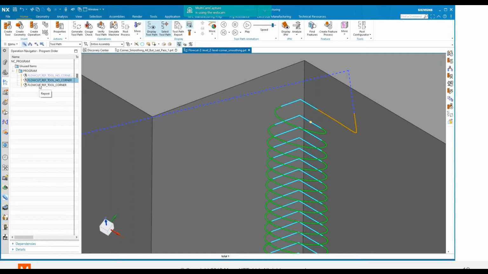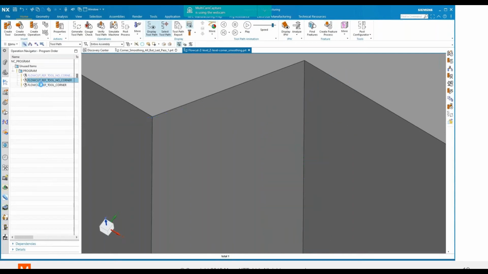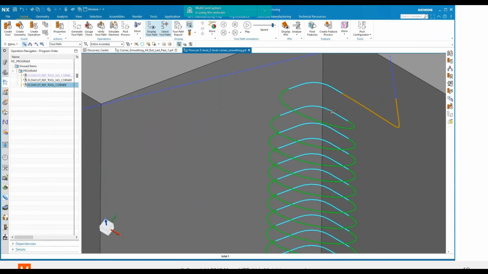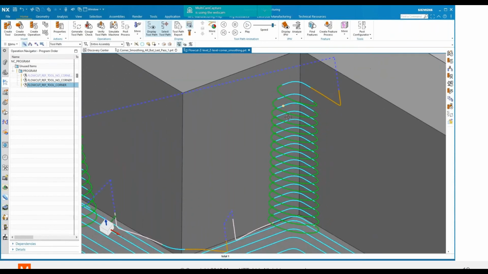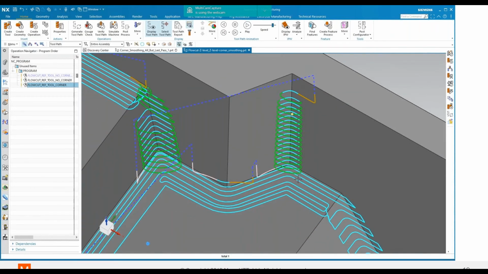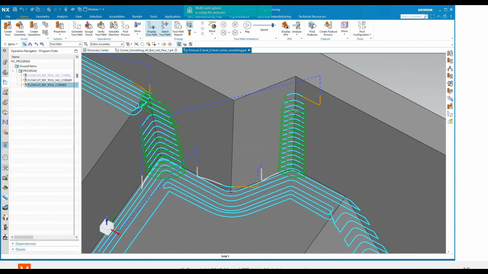Well, in that situation, even though the tool does go into the corner, you might not want that. So here I've made one more change to that operation type. So it's the same tool, same geometry, but now I'm saying, look, I don't want you to go into that corner. Let's make a nice smooth transition around there. So if you were cutting hard material, this flow cut operation would give you the options to do this in a productive manner and still give you a nice surface finish to work with.